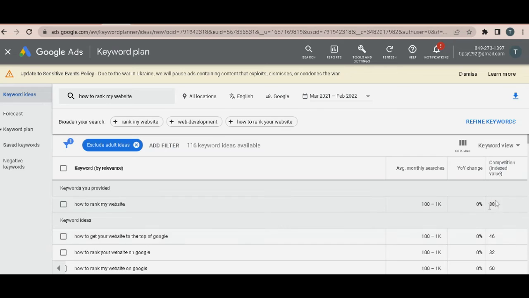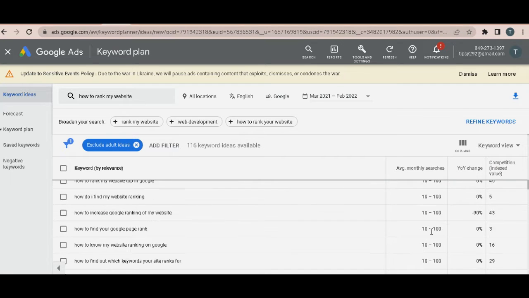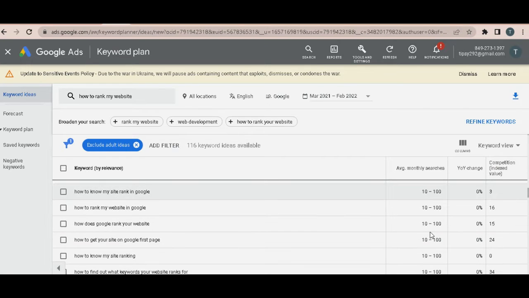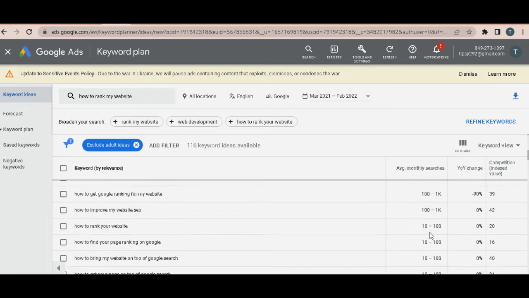So here you can see the competition displayed. For example, how to rank my website. You can see the competition. The search volume here is 100 to 1,000 in a month. You can see that the competition here is 38. And of course, if you scroll down, you are going to see a lot of other keywords that you can use and include as keywords that you are going to target when you're writing your content